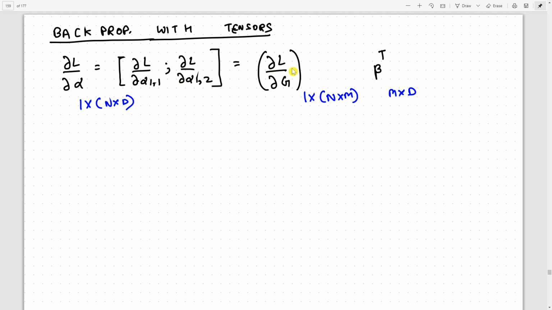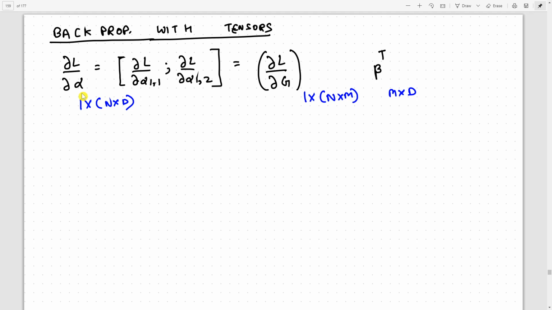the following. So del L by del G is now a 1 cross n cross m, or when we trivialize this, an n cross m dimensional matrix, and beta transpose is m cross d dimensional. And once you multiply these two matrices, you'll get, in the trivial sense, an n cross d dimensional thing, which is what you were also looking at, right? You were looking at an n cross d dimensional thing because that is the dimension of alpha. So this is how the generalized Jacobians work,